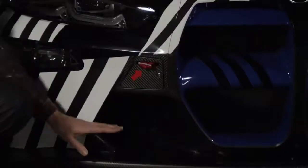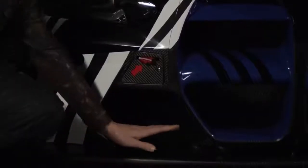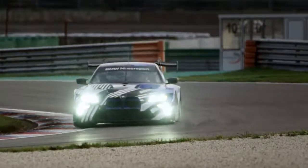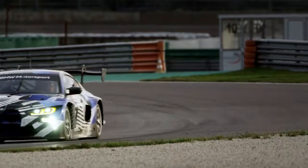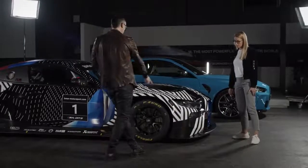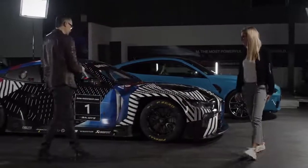Another important aerodynamic element of the race car is the front splitter. That front splitter creates quite a bit of downforce, but it's also essential to the feed of the underfloor, which is also an incredibly important aerodynamic component. But that front splitter transitions around to the side, and you can see that same carbon fiber construction carries over